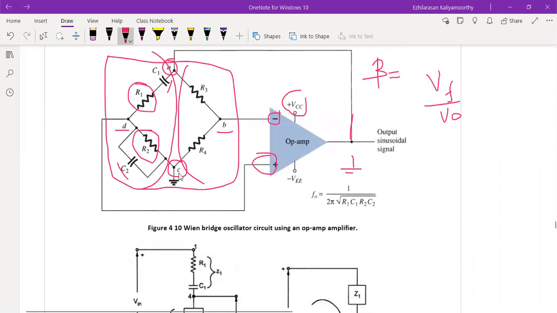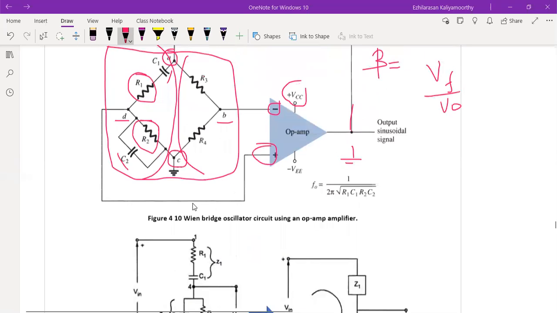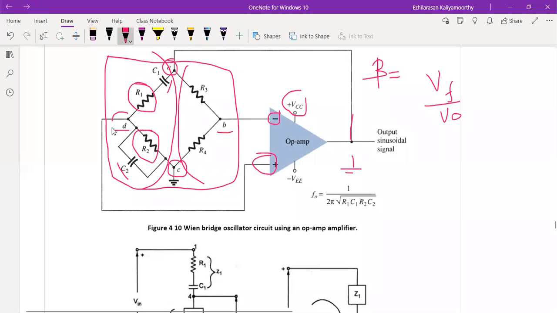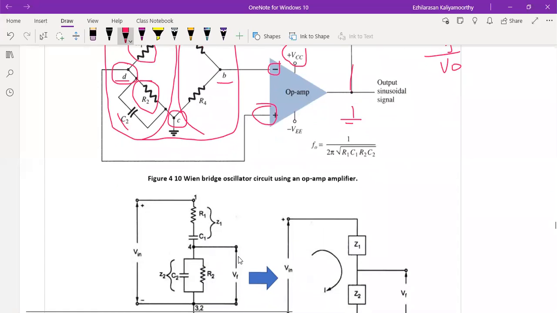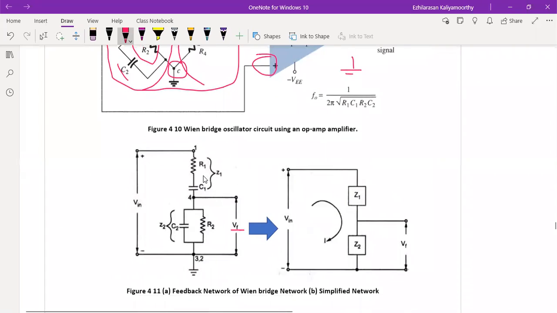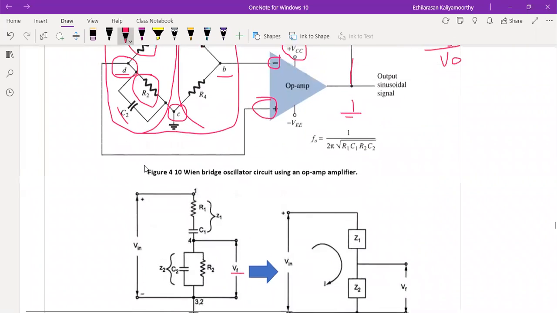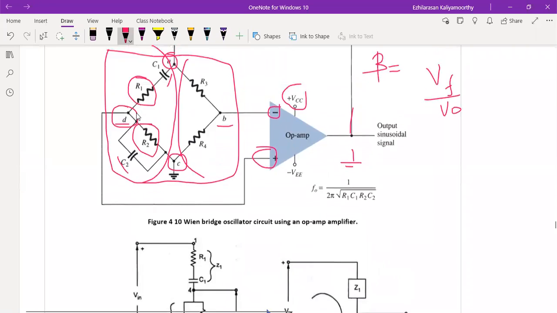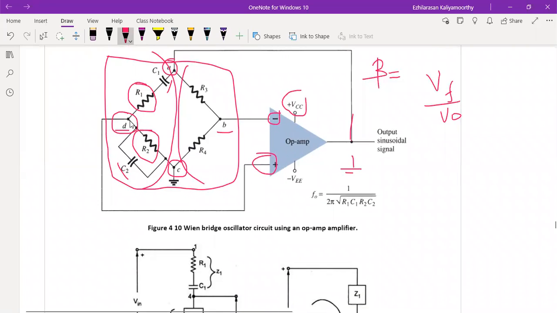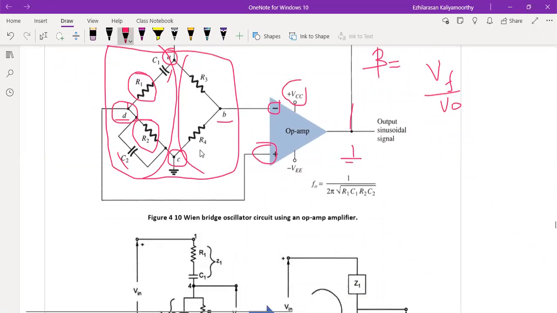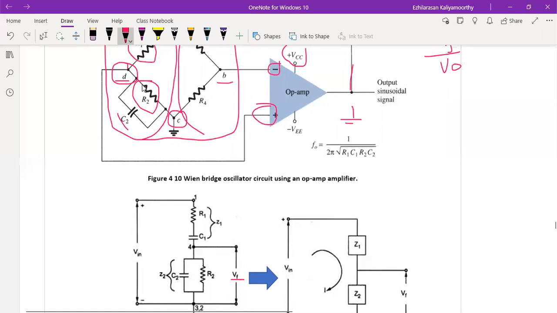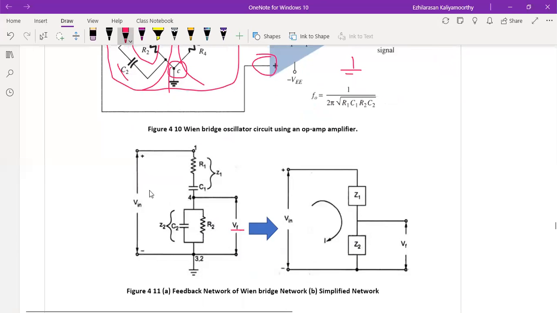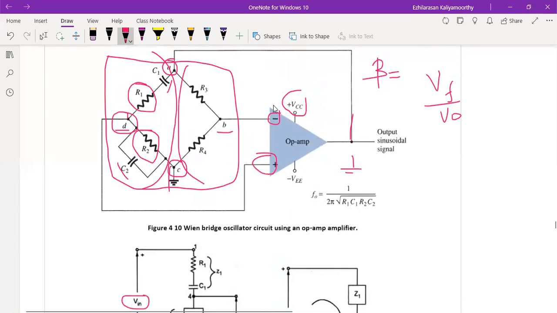Just that only we connected from the point. Which point? This point, the terminal D actually, that only is given to the input of the operational amplifier. So that is nothing but your VF actually. This point is VF. Next, the input is the one, which is here, the resistance R1, this point and this parallel point. Those two points will be given as inputs. Already we connected the input here.